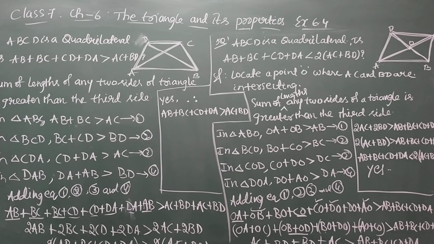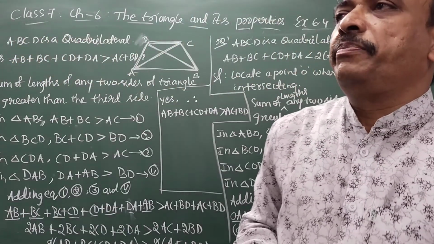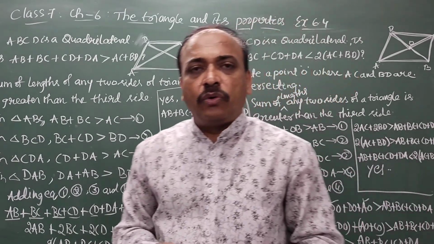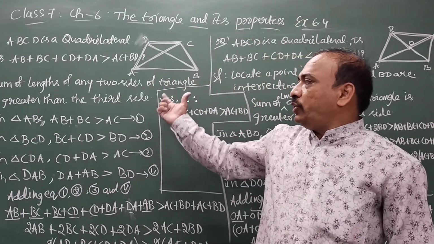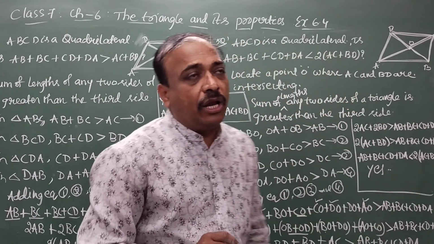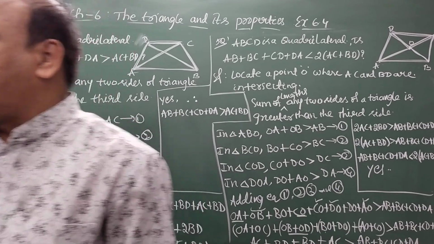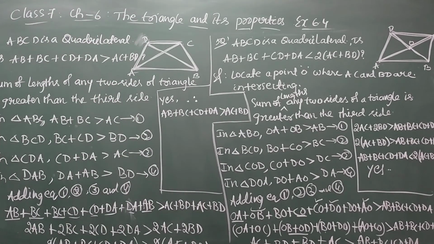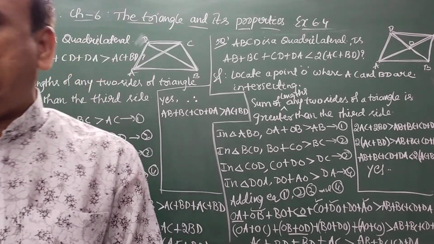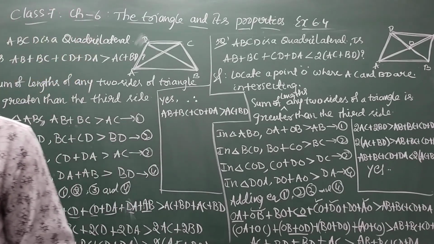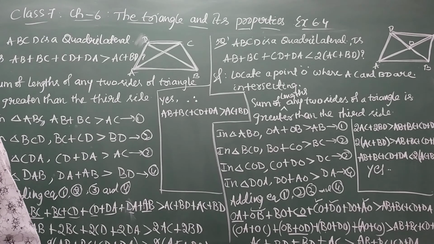Yes, students, the first question, the leftover bits, and the second and the last question, the sixth one, you have to complete as homework. I hope it is clear to you what the inequality properties are. And the last question is asking, what are the possible lengths of the third side? The question is, the lengths of two sides of a triangle are 12 and 15; between what two measures should the length of the third side fall?